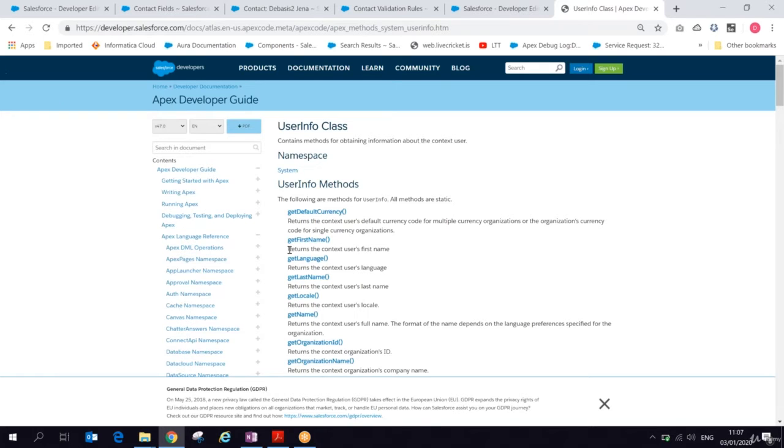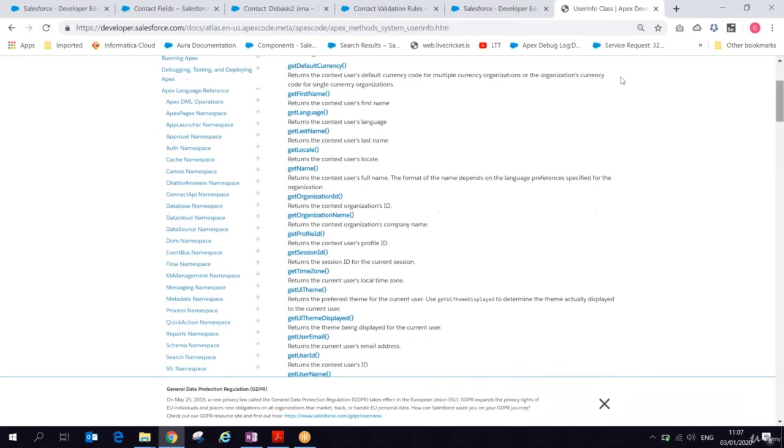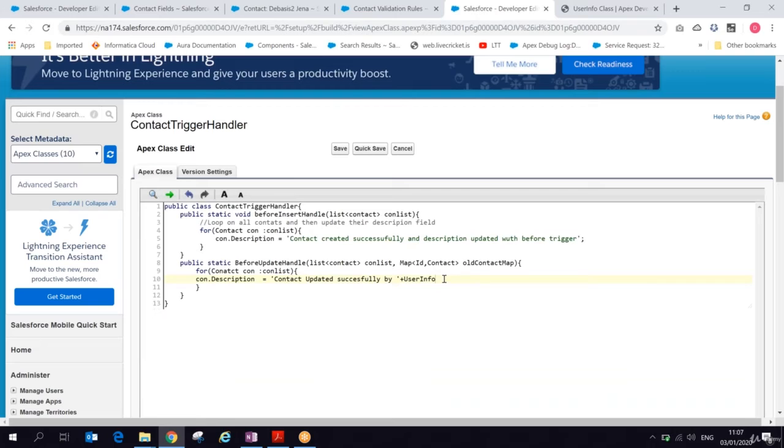If you want to get user first name, last name, name, everything, all these methods are listed here. So for now, I'm just going to use UserInfo.getUserName(). This is my update event.